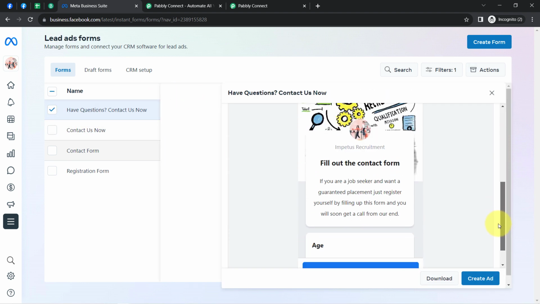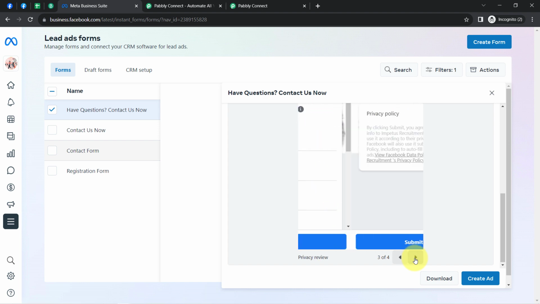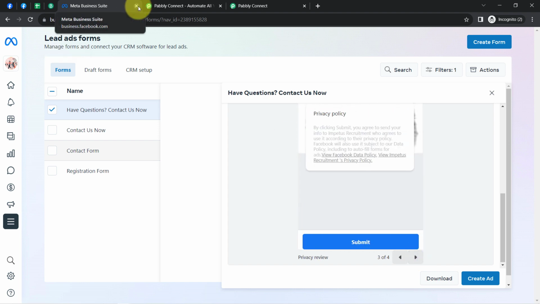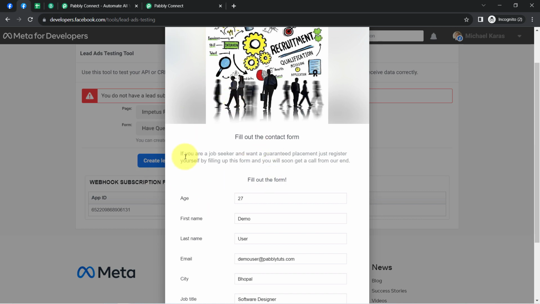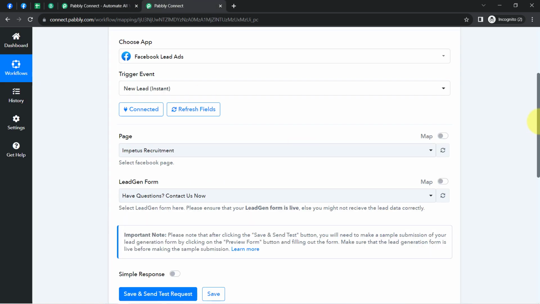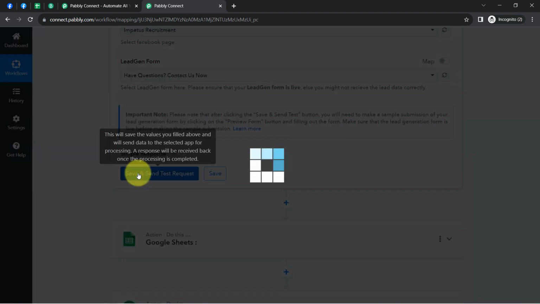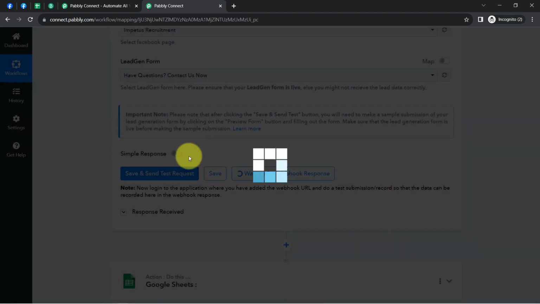Alright, so this is my form. You can preview by clicking on this arrow button. Okay, for now I will close this particular page because the same form is already open here. So coming back to the dashboard of Pabbly Connect, and firstly I'll click on this save and send test request button, and then I will recommend you to kindly read all the